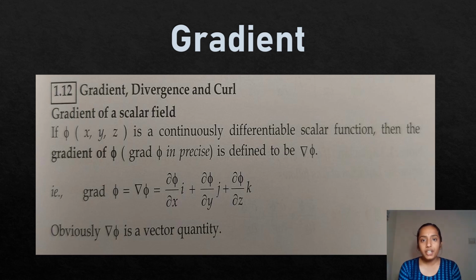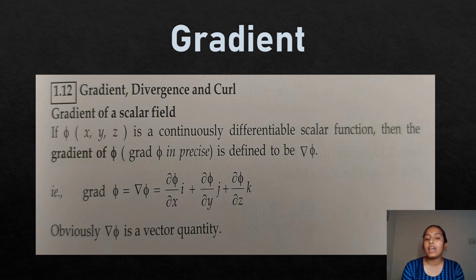The first topic we are going to be looking into is a gradient. So what is a gradient? If we consider phi as a given function on x, y and z, it is supposed to be a scalar function that is continuously differentiable. Then the grad phi, or gradient of phi, is defined as the partial derivative of phi with respect to x